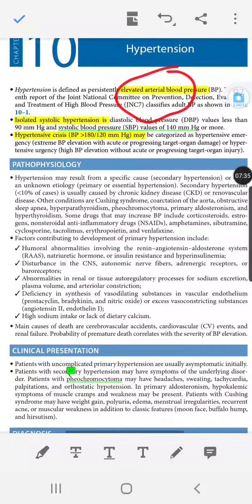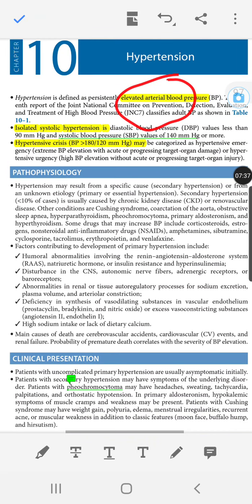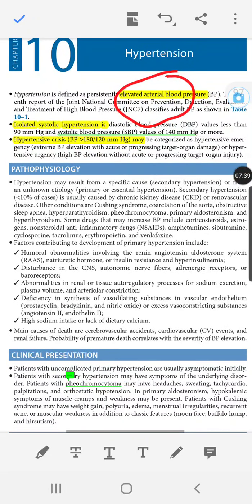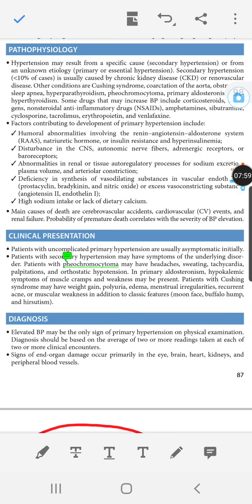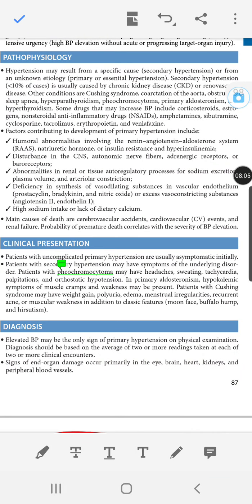So hypertension is not a minor ailment. It can lead to the death or damage to the organs. In pathophysiology, we are discussing the cause of hypertension. What is the specific cause? If the hypertension goes from a specific cause, here,